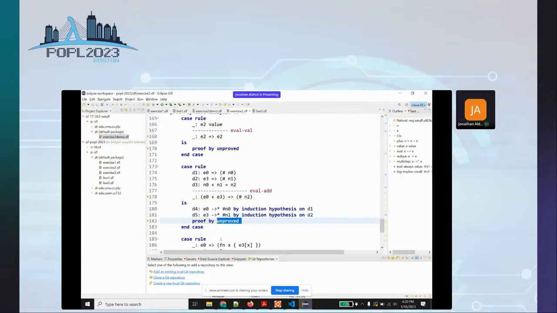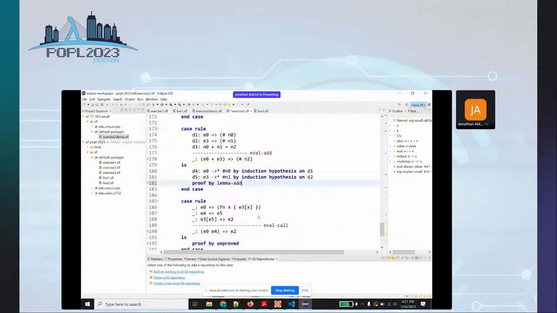So if E0 steps to N0 and E3 steps to N1, then E0 plus E3 transitively steps to N2 if that's the sum of those, right? So we'll have a lemma. I forget what I called this in my earlier version of the proof, but add composes or something. Add sequence. Or I could